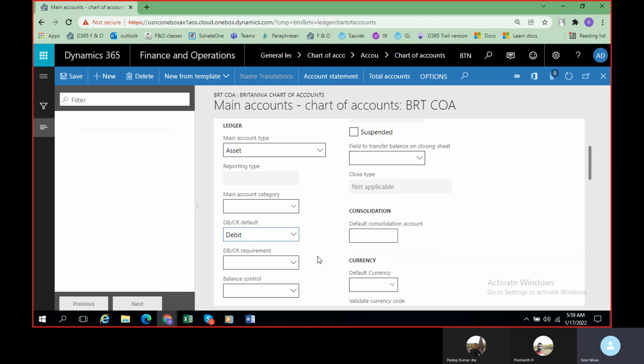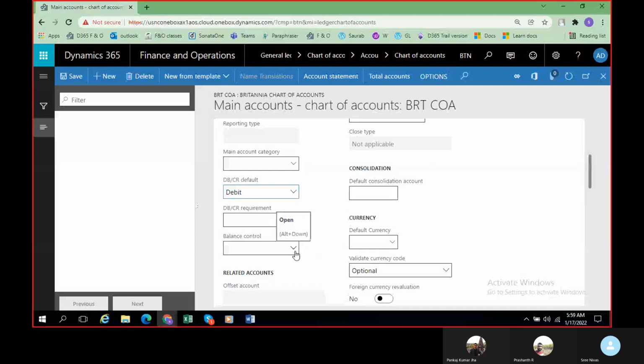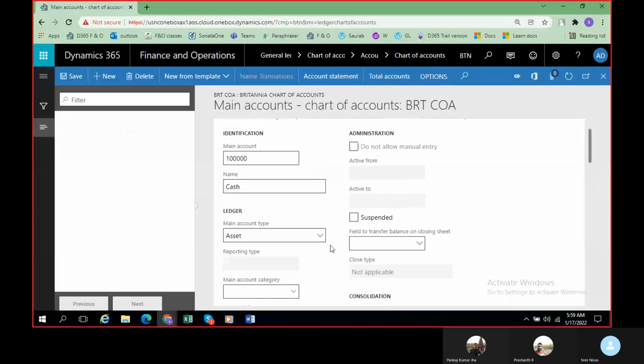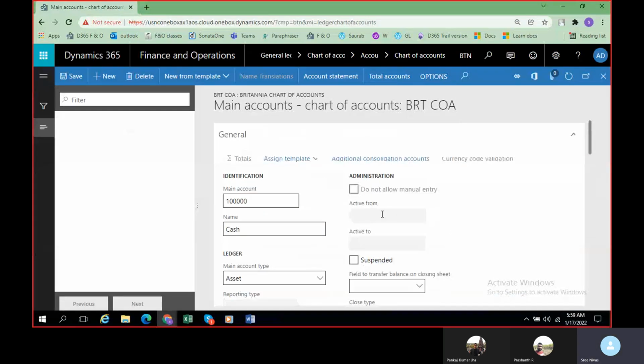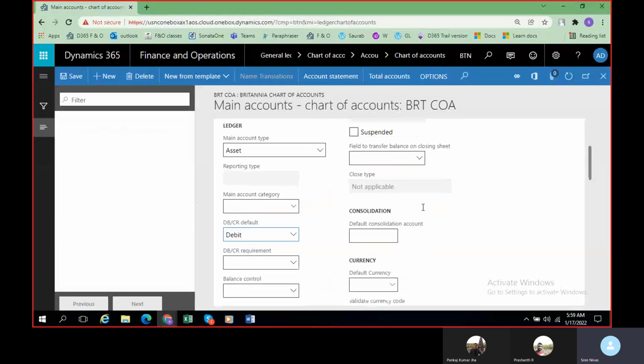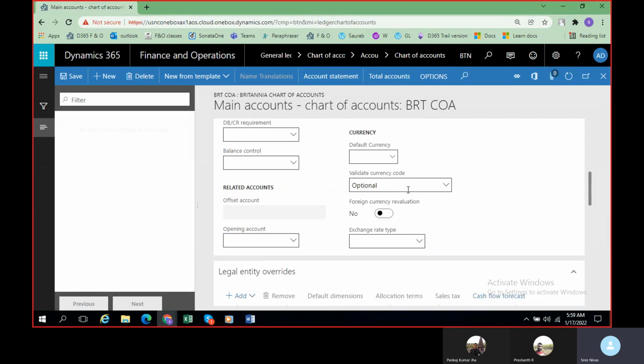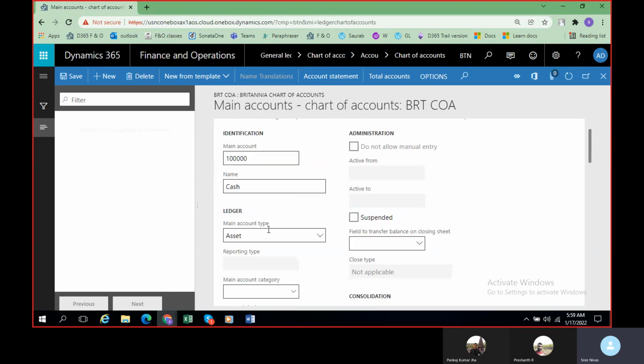So balance control, we will discuss it later. And the opening account, suspended. All these topics, whether you're using this for consolidation or currency, we will cover later. For the time being, just understand how to create a main account. For that, we have cash. We have given